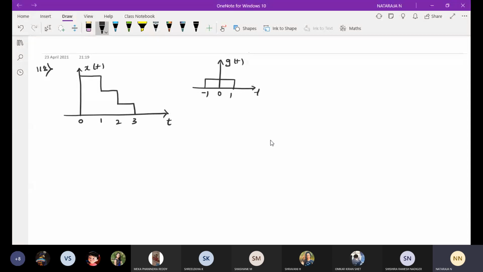Okay. We'll have a standard equation. Let x of t is equal to g1 of t plus g2 of t plus g3 of t, we need to find. Okay, what is g1 of t? First case will be from 0 to 1. Here I am going to split the x of t. First, every time we have to take from 0 to the next consecutive time slot, from 0 to 1.